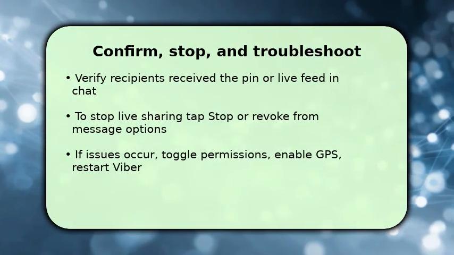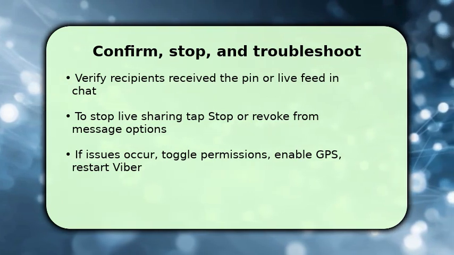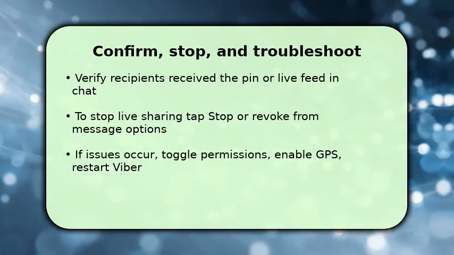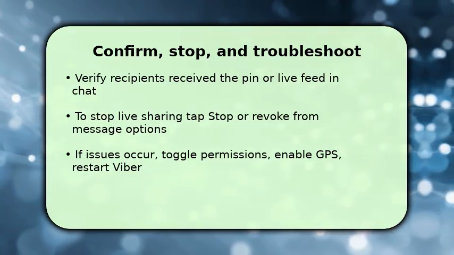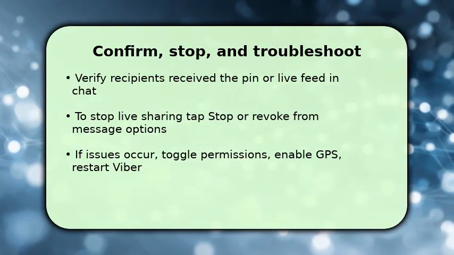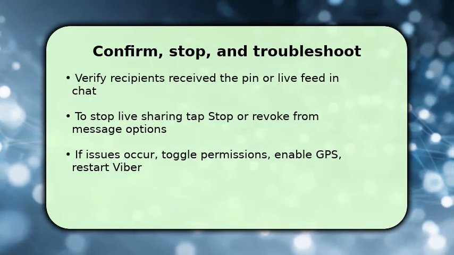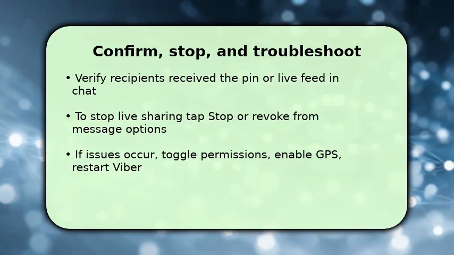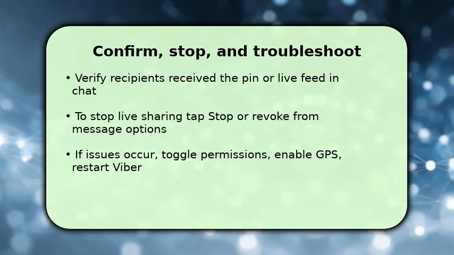Finish by checking the chat to confirm the location message arrived and displays correctly. This ensures everyone can navigate. If you shared live, make sure to stop sharing when finished by tapping stop or using the message options to revoke access. If the location fails to send or shows wrong position, toggle app location permissions, enable high-accuracy GPS, and